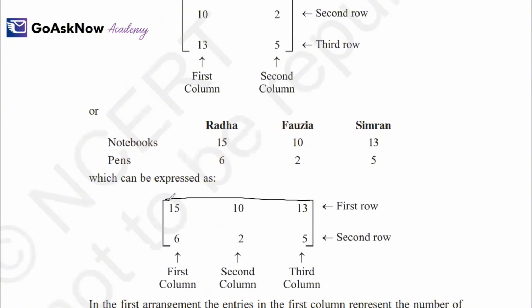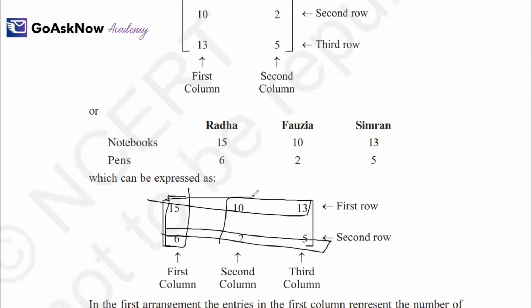So here it becomes the first row, then the second row. And this becomes the first column, second column, and third column. Okay. So two methods are there. You can arrange it in a horizontal manner or in a vertical manner. So let's move further and see